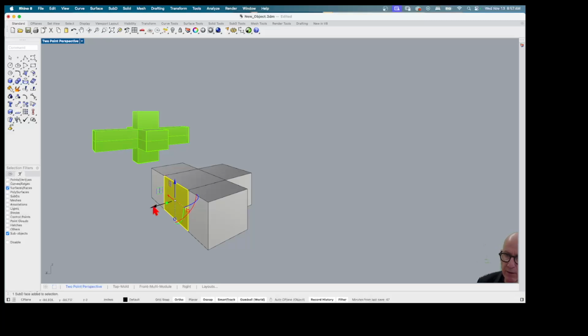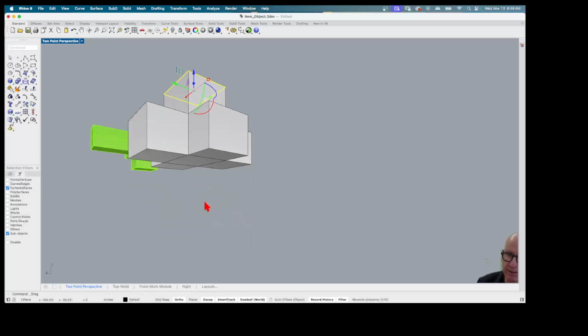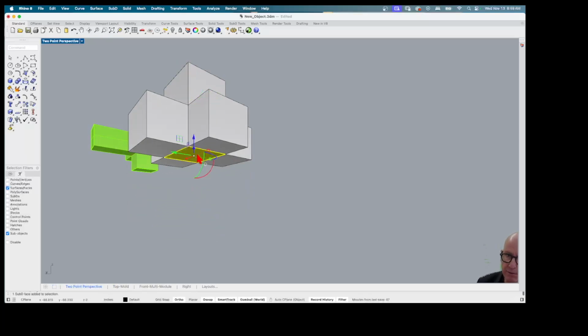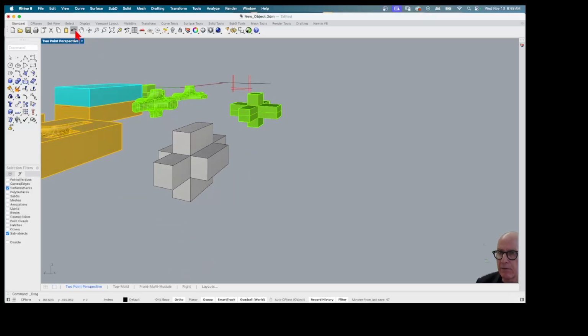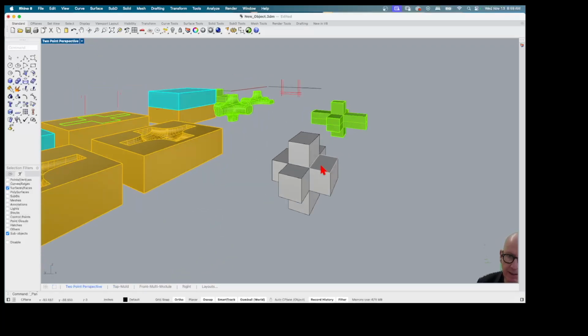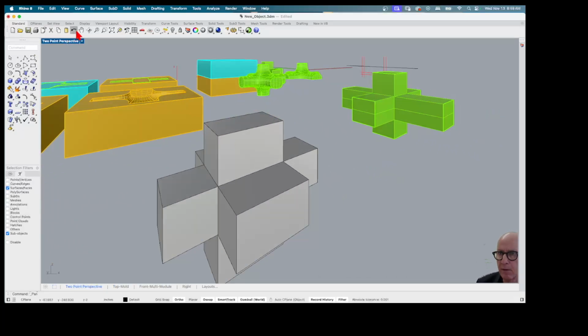I'm doing that all the way around so that I can get a symmetrical, more or less, object in all directions. Right now we're not worried about the exact proportions. We just want to get the workflow down. Okay, once we have this shape, and the camera's kind of distorting this a bit, once we have this shape, we can now